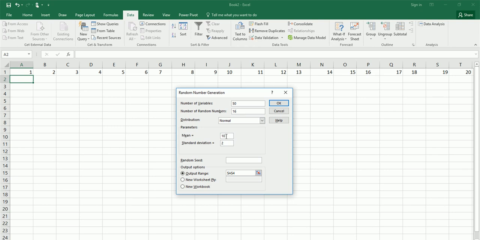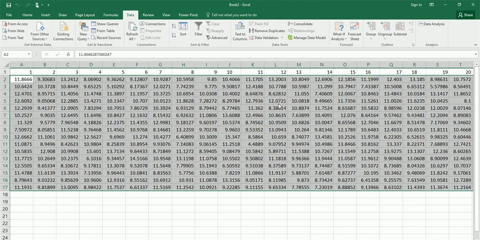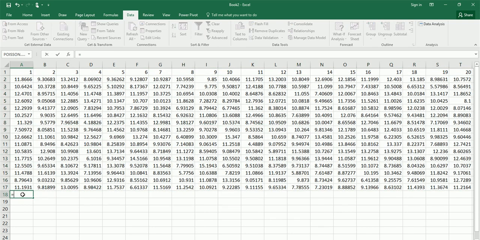And the mean and standard deviation will be the same, and we're going to select the output range as A2. Let's select OK, and there we have it. Similarly, we're going to get the mean of each sample, that is x bar. The formula is =AVERAGE, select data, close parenthesis, enter,